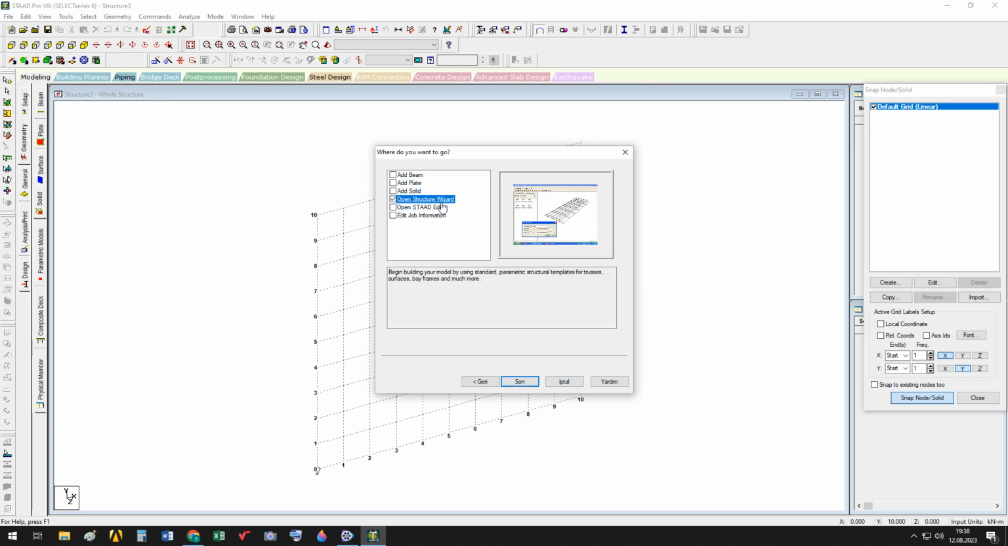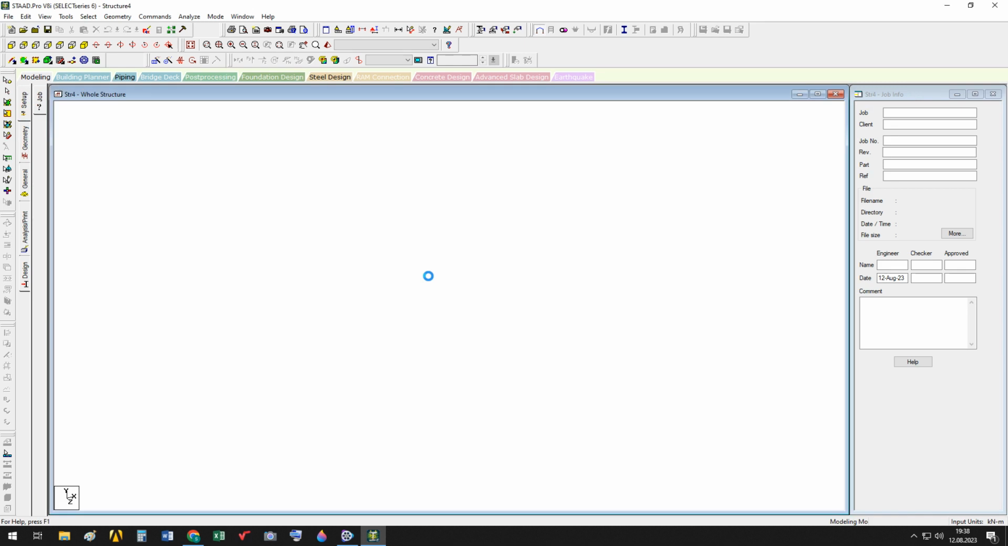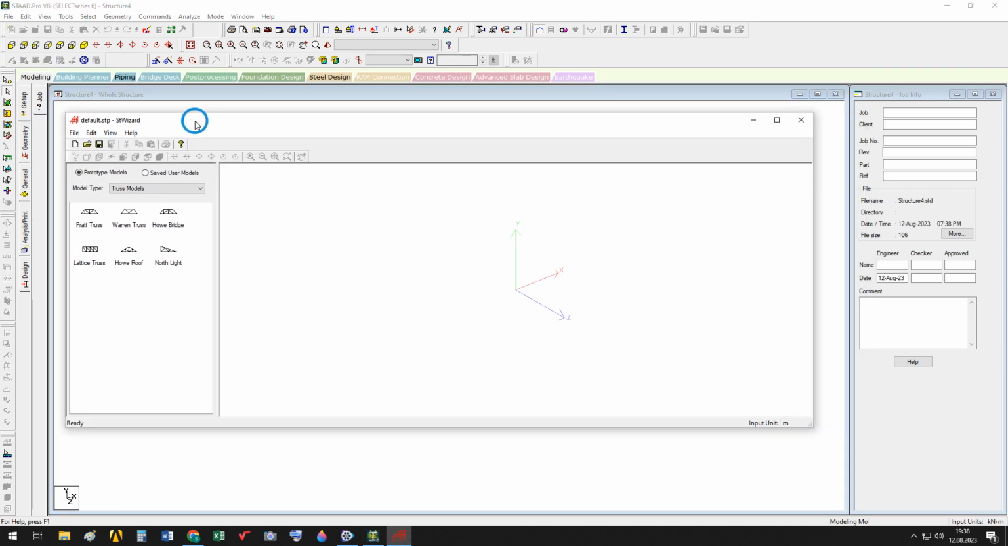But here, open Structure Wizard, begin building your model by using standard parametric structural templates for trusses, surfaces, bay frames, and much more. This tool gives the user a lot of ease. For example, let's say OK. Now you see, for example,